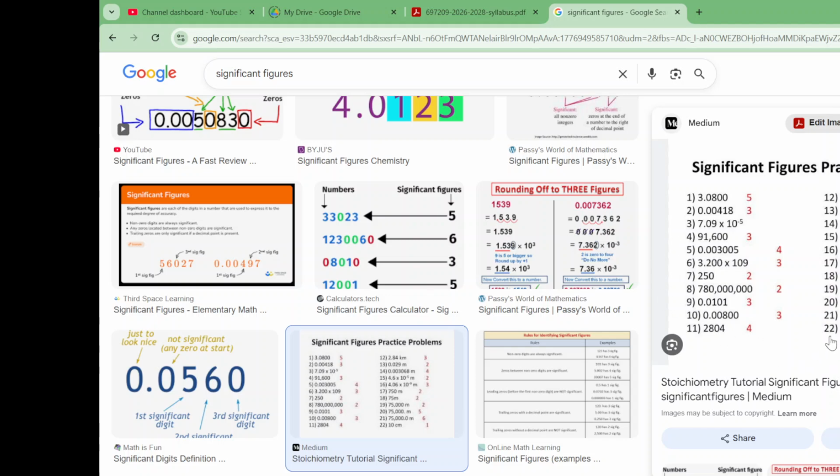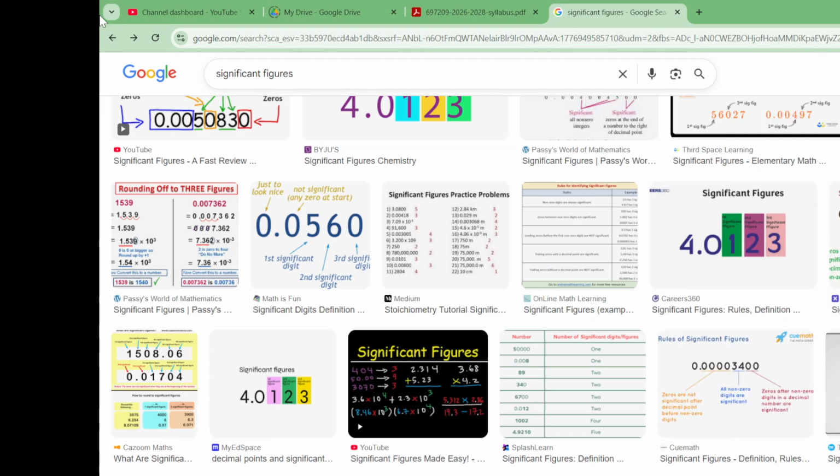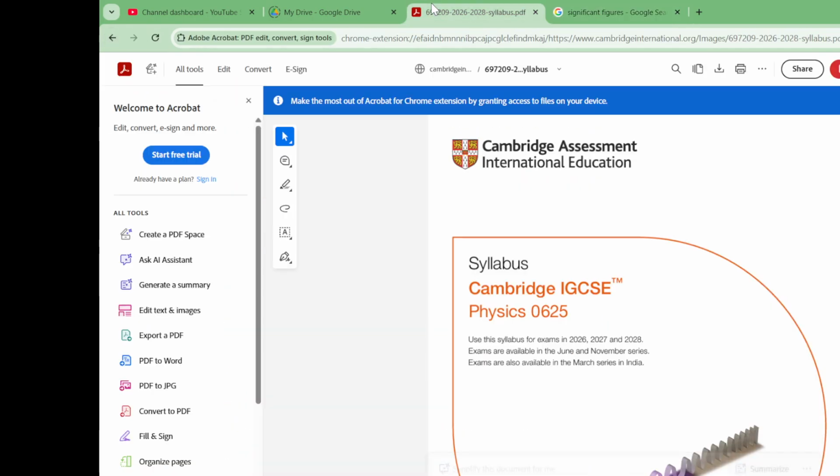All right, so you can take a look at this as well to have a better understanding of how this works. You can see numbers like 91,600 has 3 significant figures because the zeros that come after the 6 are not considered significant, right? And similarly, 10 centimeters has 1 significant figure, the 0 after the 1. So now taking those rules of significant figures